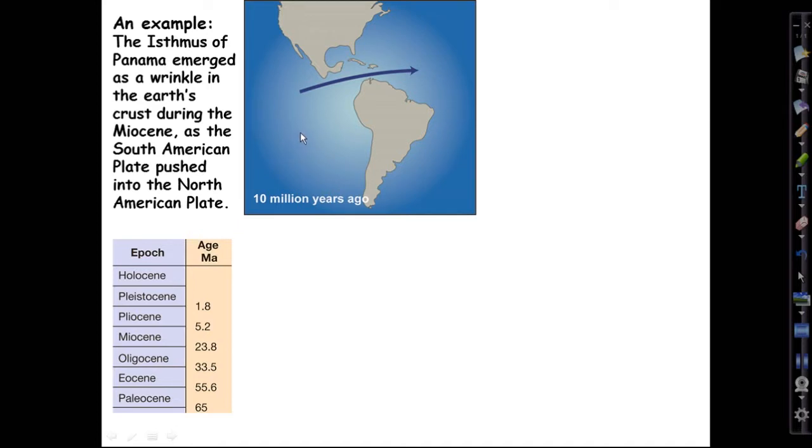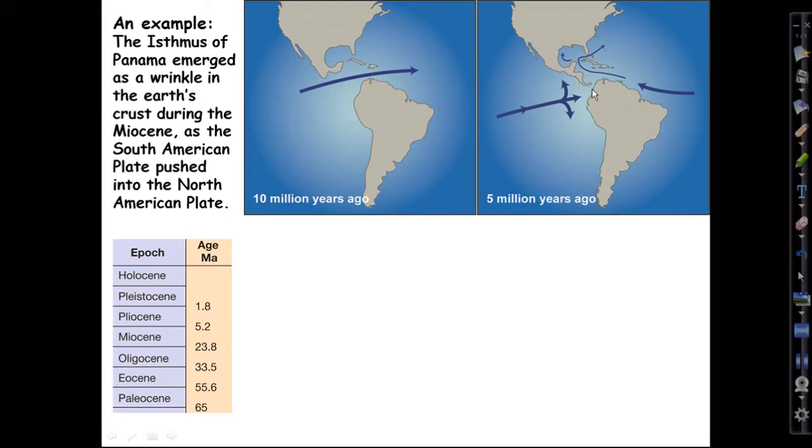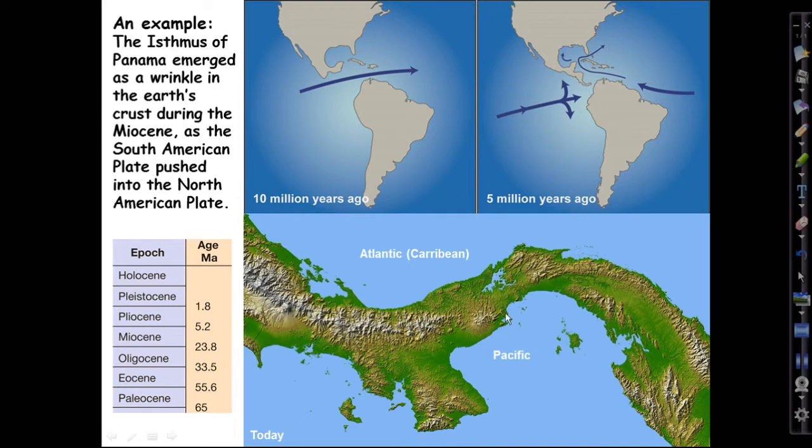So here's an example, fairly close to us, a big one, caused by a vicariance event between the Atlantic and Pacific Oceans, caused by the emergence of the Isthmus of Panama. It started to appear in the Miocene as a ridge in the crust below sea level, caused by the South American plate crashing into the bottom of the North American plate. And as you know, that led to the appearance of what we now call Central America. By 5 million years or so, ocean circulation had changed, and there were no longer currents passing from west to east. And then by 3 million years, there was a dry land bridge completely cutting off the Caribbean Atlantic side